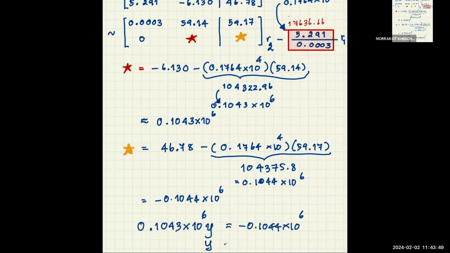So y is about 1.001, right? You have 1044 divided by 1043 is